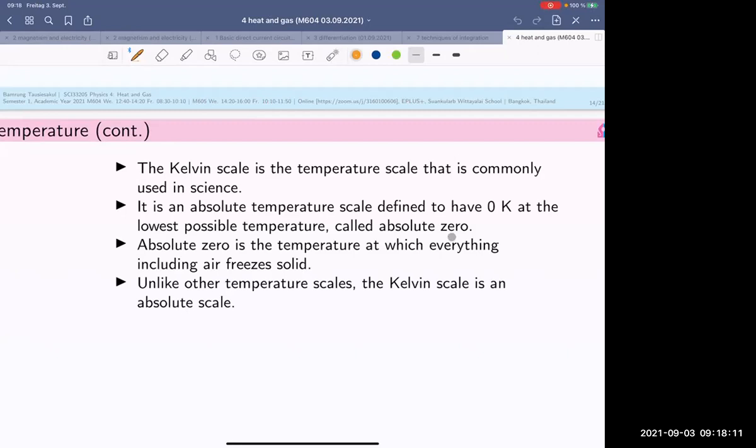Okay, I don't have deep knowledge inside. They believe that any matter in the space should not have the temperature less than this. Okay, and